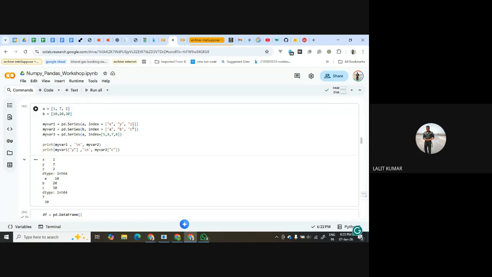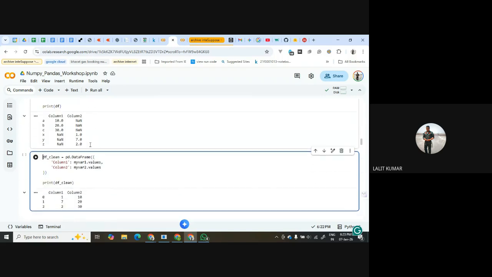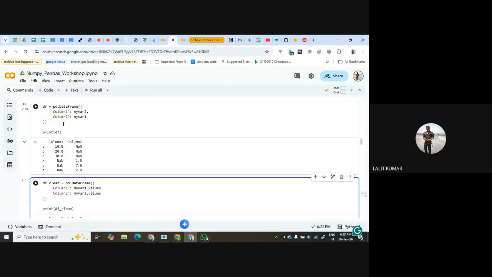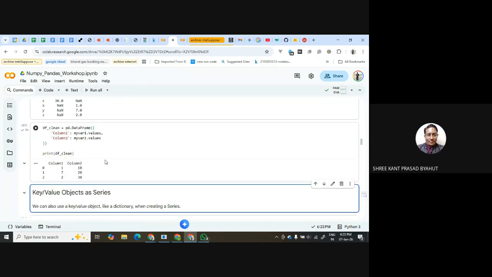To overcome this, I can make a data frame and select only my var1 values, 10, 20, 30, 172. I will not select the index. In that case, it will take the default index and only values, and make 0, 1, 2 for columns 1, 2. This is clear?